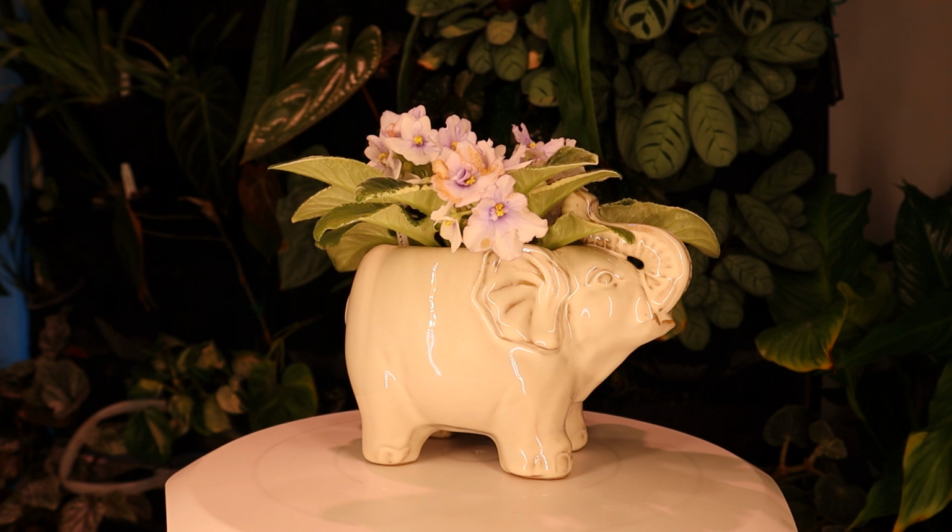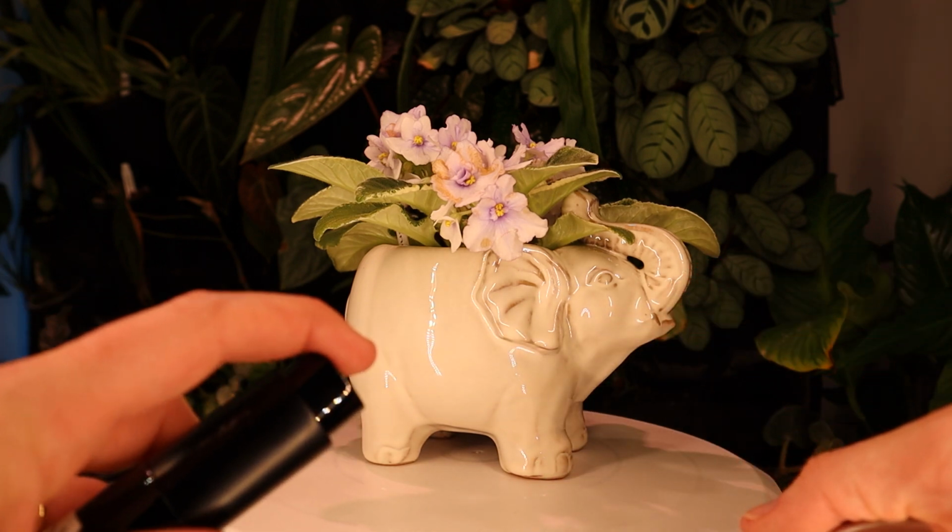Now, some violets are kind of sterile, but basically as soon as they start to fade or tarnish, I usually don't let them get this far, but I figured I would just for this video for you to be able to see. But basically, I like to remove them, and what the plant will do is it's trying to produce seeds. So it will continuously put up flowers to replace the ones that you remove. And I do this with roses. There are some plants that you're not going to want to do this with, but violets are not one of them. So I'm going to take my snippers and